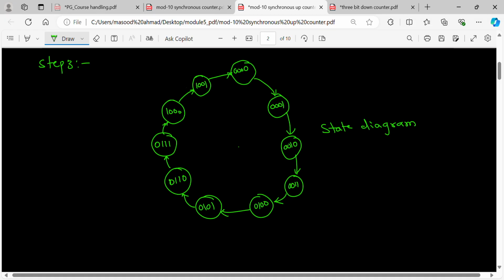So once the state diagram is done, what is the next step that we need to do? We need to develop the state excitation table for the counter. So step 4, what I am trying to do is write the excitation table for what exactly is required? For a mod 10